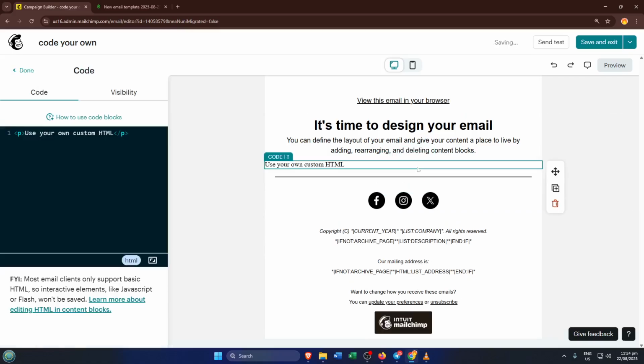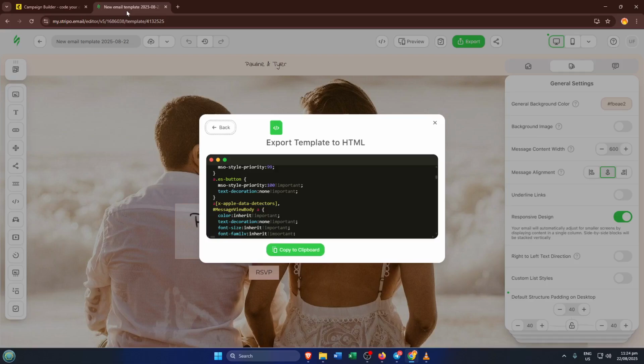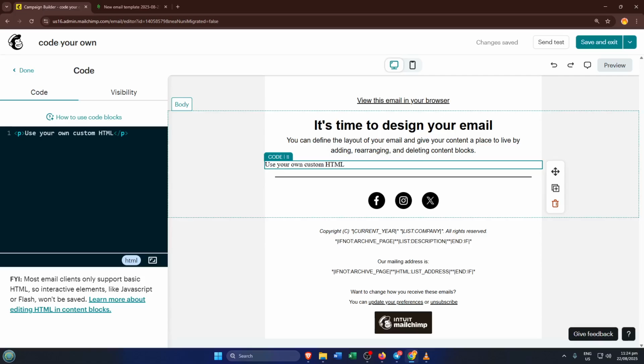Now, here's a handy trick to make things easier. Head over to the Stripo website, which is a fantastic resource for pre-made HTML email templates. You can browse, select one you like, and easily copy the HTML code with just a click. Don't worry if you're not a seasoned coder, Stripo does all the heavy lifting for you. Just copy the HTML, you don't need to change or tweak anything at this stage unless you want to make it really tailored. Next, switch back to Mailchimp and in the code block you added earlier, simply paste the HTML